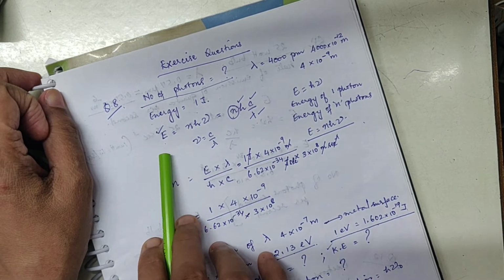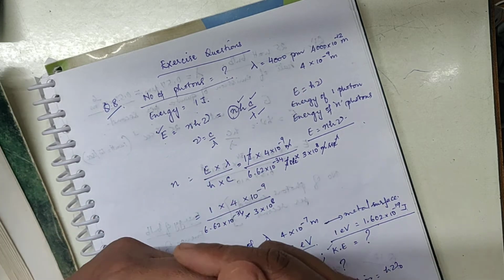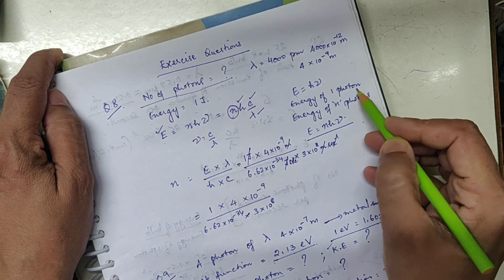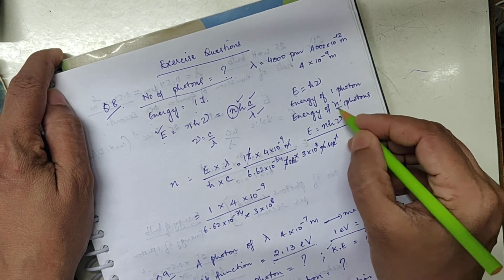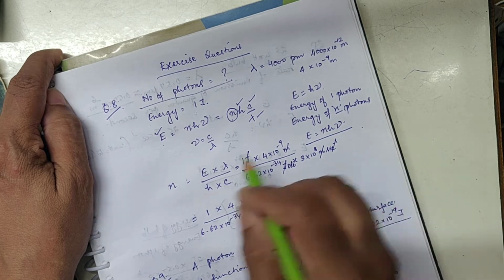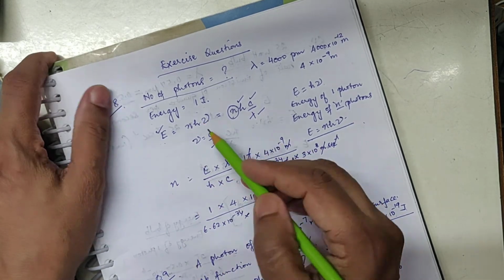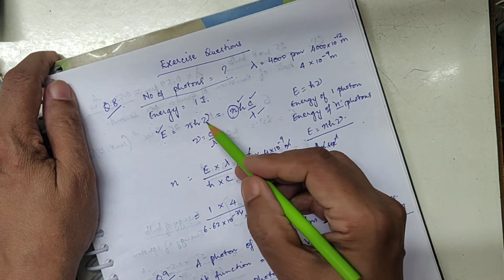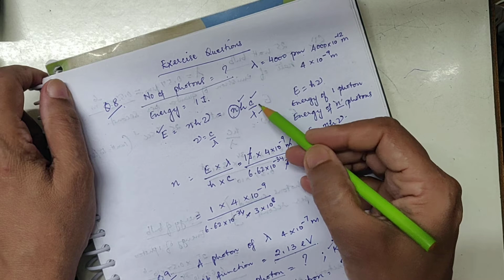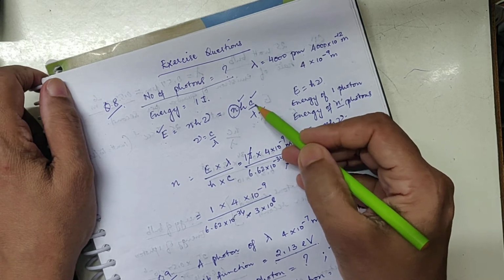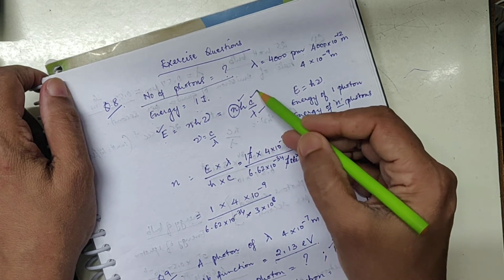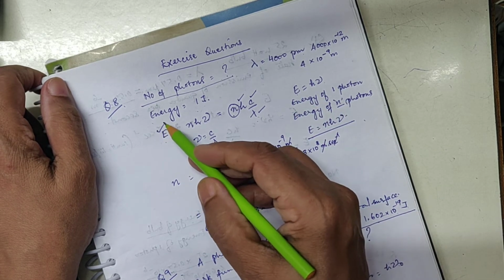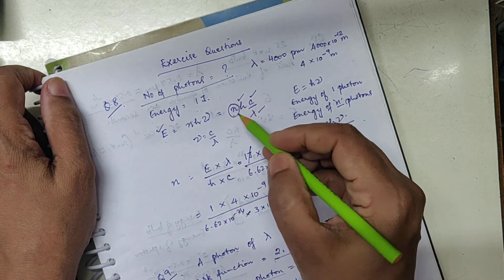So your formula will be E is equal to N h nu. Remember, E is equal to h nu means energy of 1 photon. Now if you want to find the energy of n photons, then E is equal to N h nu. That is what I have used here. Frequency is not given, lambda is given. So replace frequency in terms of lambda, c by lambda. Planck's constant is known to you, velocity of light is known, lambda is known, energy that is going to be supplied is also known to you. You have to find out the number of photons.